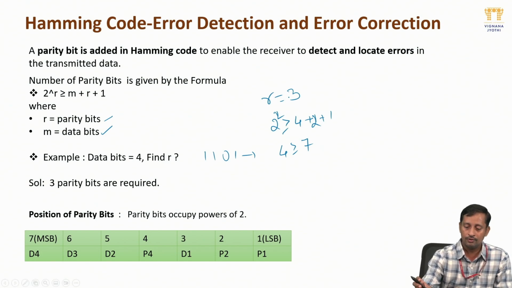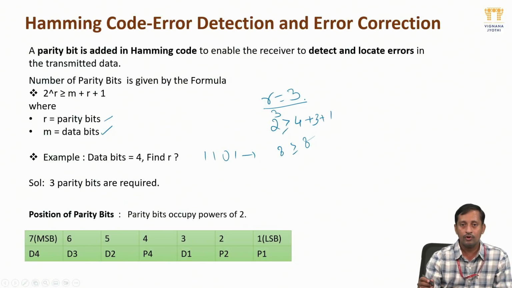If r equals 3, then 2 power 3 greater than or equal to 4 plus 3 plus 1. How much is it now? 2 power 3 is 8, greater than or equal to 8. So the condition is satisfied. 8 equals 8. Hence r equal to 3 is the number of parity bits we are supposed to add with the data bits